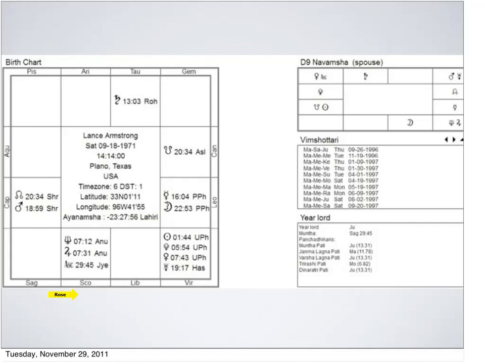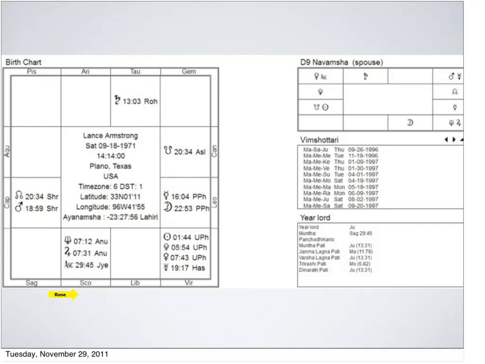Mars is the planet of action and energy and passion. Mars actually rules over athletes and also the muscular system. Mars is a very fast-moving planet, and so these people,